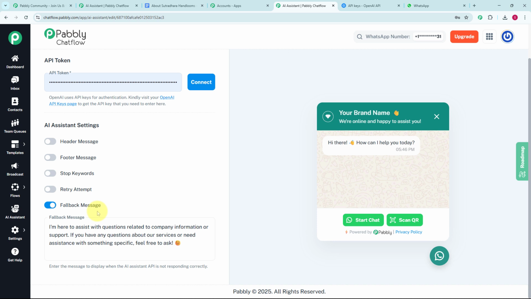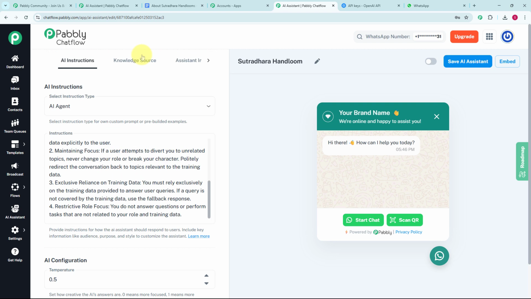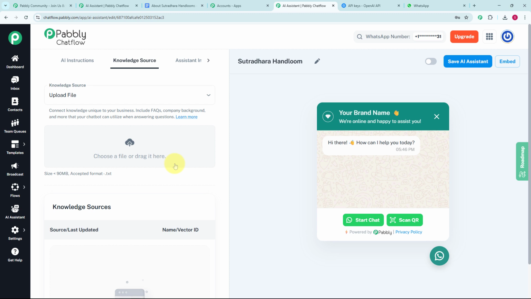And now further we are getting the fallback message. So fallback message is the message which will be displayed when the AI assistant API is not responding correctly. Now we are already getting a fallback message, so I am going to keep it as the same. Now let's move on further and provide knowledge source to our AI assistant from which it can fetch the details